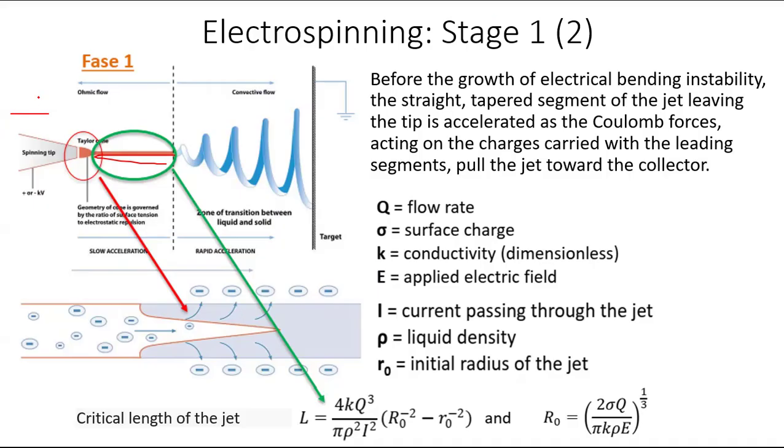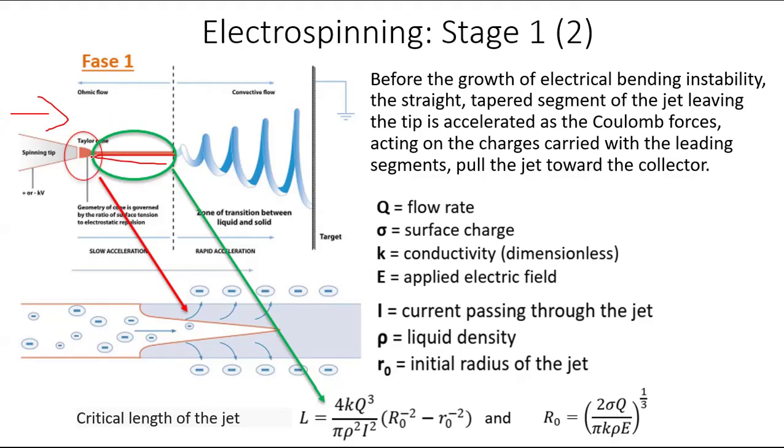The flow rate from the syringe pump, the surface charge, which is governed by the applied electric field, and the conductivity of the polymer solution, and the applied electric field. And if there is at least a milli or a microampere current passing through the jet, the density of the liquid, and also the initial radius of the jet. So these are the factors which basically control phase 1, that is, during stage 1, the acceleration of